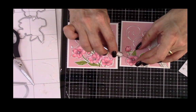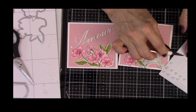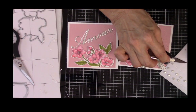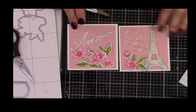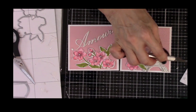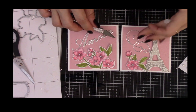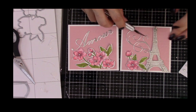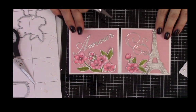I'll put this one here. That's nice. That's a little bit bigger than these here. These are smaller. And there we go. Isn't that pretty? And I did add a couple of pearls over here. So I could put a pearl right there. And I could put a pearl, let me pick up this pearl. I could put a pearl right there. And that looks